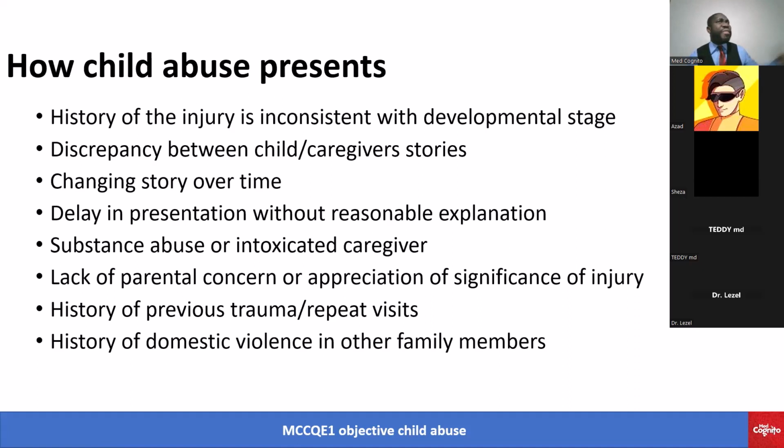For example, you have a 3-month-old baby who has developed a femur fracture. Come on, 3-month-old babies don't walk. 3-month-old babies don't run. Why does your 3-month-old baby have a femur fracture? And these femur fractures are not easy to come by. That means whatever force was applied to cause that femur fracture was heavy.